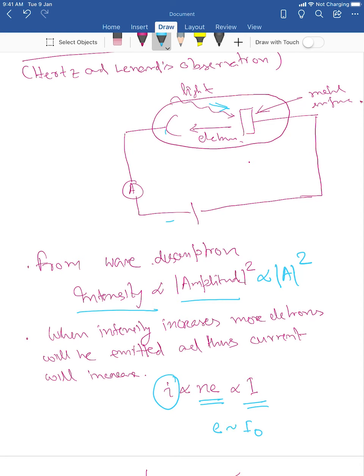But this one electron will also create some sort of current, and you can measure the energy of this electron by something called stopping voltage or retarding voltage. So what you do is you change this electrode, you make it negative, and this one is positive. Then this particular electrode will repel this electron, and at some point there will be no current, and you know that the kinetic energy of the electron would be equal to the stopping voltage of this circuit.